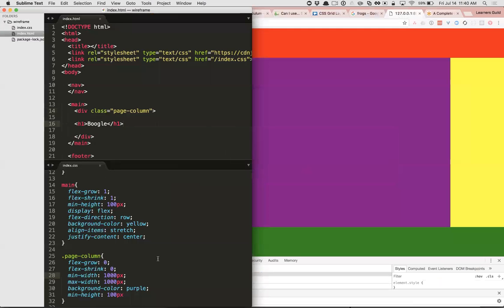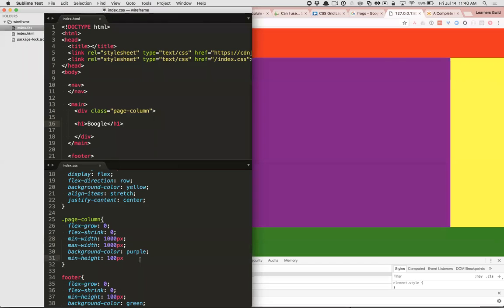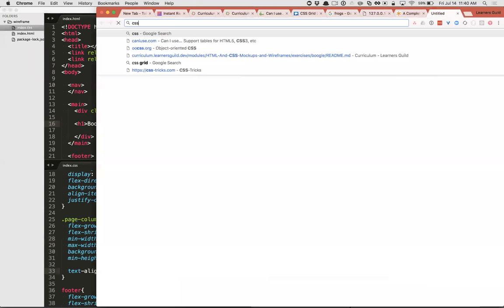And we know that this main page column is going to be text align. What is wrong with me? Oh, it's going to be, why can't I remember this? Text align center, right? CSS text align.